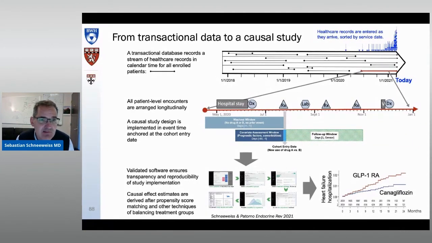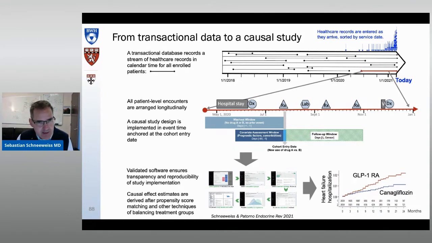And what you have, these little spaghetti lines in this bigger arrow, which should indicate a database. Each spaghetti line is a single patient. The beauty of these data, and this is what I want to highlight on this slide, is that you have a longitudinal, individual patient level recording of all the encounters with the professional healthcare system.